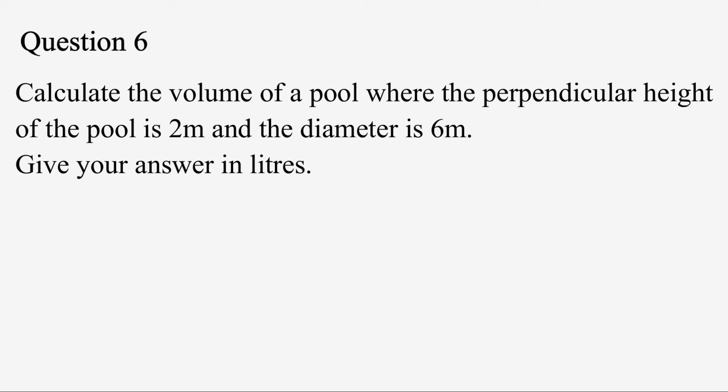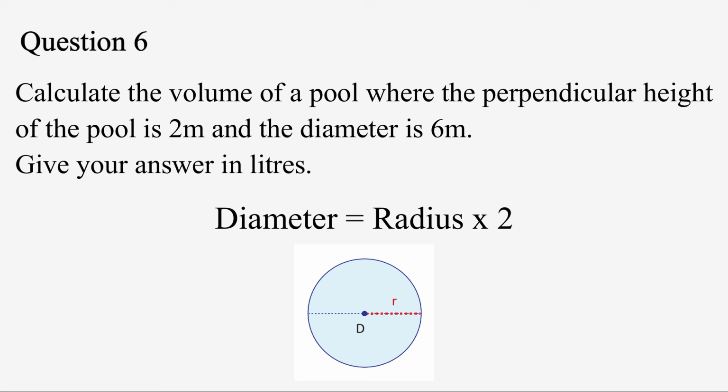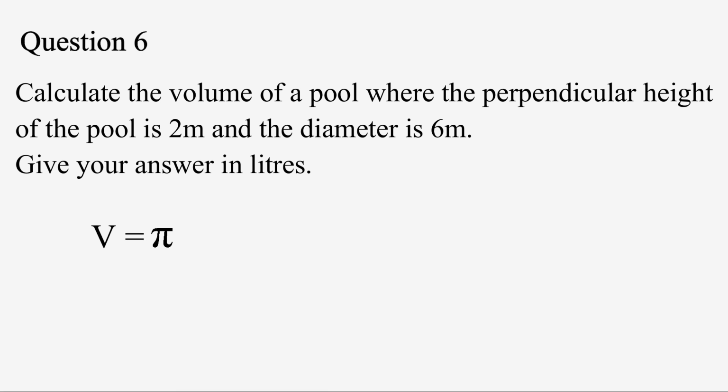So a pool will be a type of cylinder. Therefore, our formula will be V equals pi r to the power of 2 times h. Please also remember that the diameter is double the radius. So our formula V equals pi r to the power of 2 times h will equal